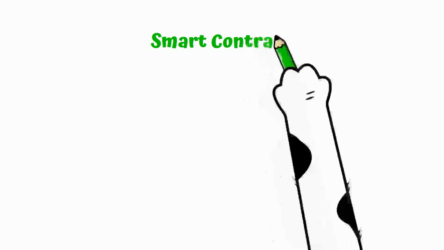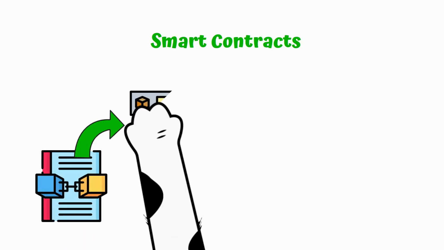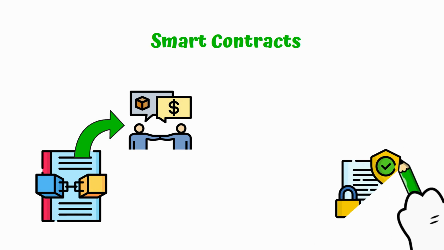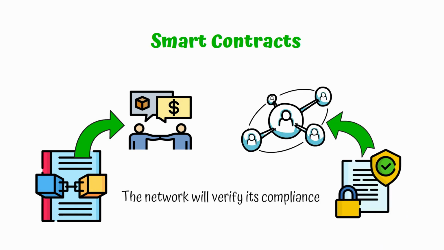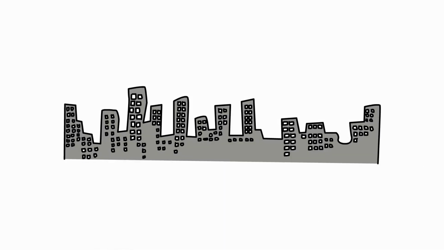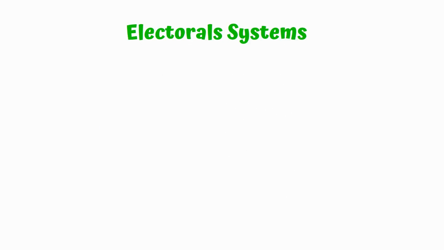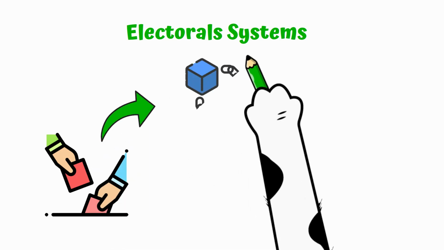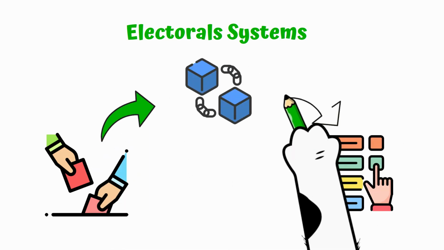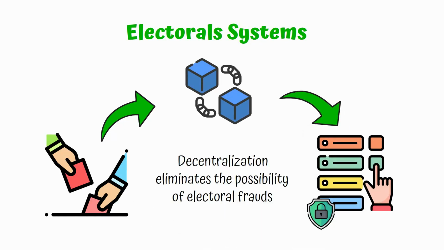Smart contracts. Smart contracts will be decentralized, thus ensuring a more transparent negotiation between those who participate, and their compliance can be verified by the network itself. These contracts can be used for real estate, employee contracts, and business-to-business deals, among other options. Electoral systems. Reforming electoral systems by using the blockchain has the potential to eliminate fraud. A vote would be a piece of information, which would be part of a block and of the chain itself, and which could not be altered by anyone, thanks to the decentralization system.